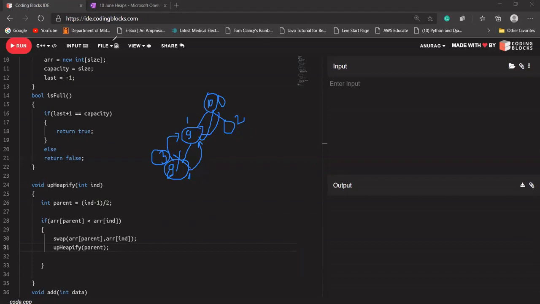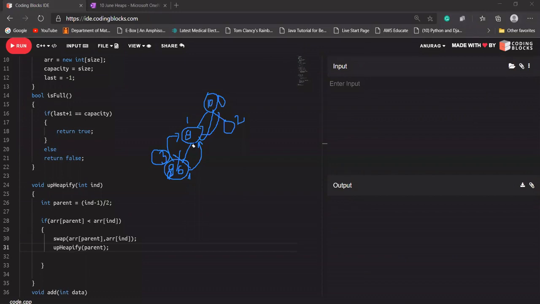If it is not greater, let's say instead of adding 9 here, I'm trying to add 6 here. So is 6 greater than 8? No, it is not greater than 8. So this condition will not be satisfied, and it will directly come out of this function. This will not do anything. Is that fine, everyone?